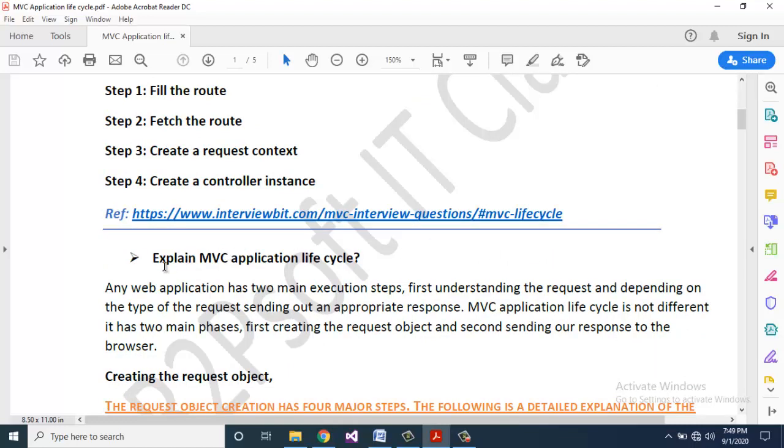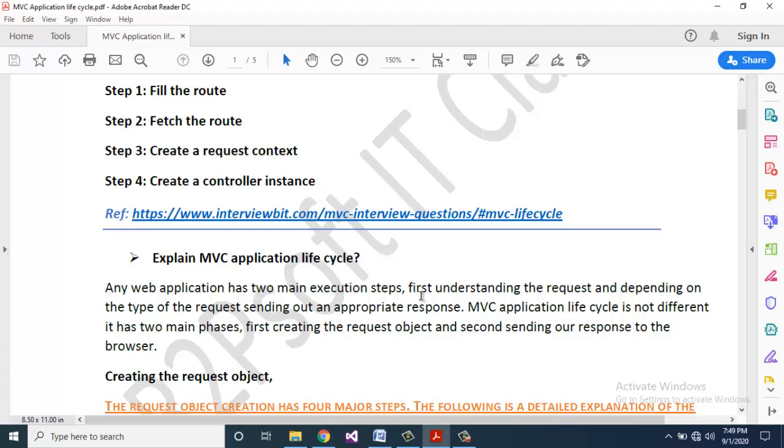Same question, explain MVC application lifecycle. Any web application has two main execution steps.